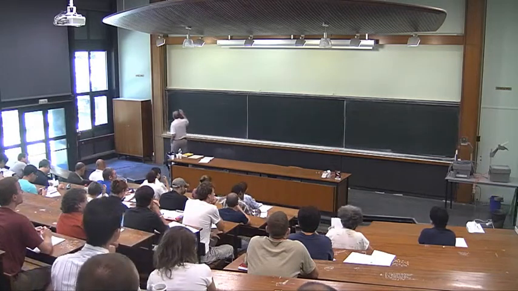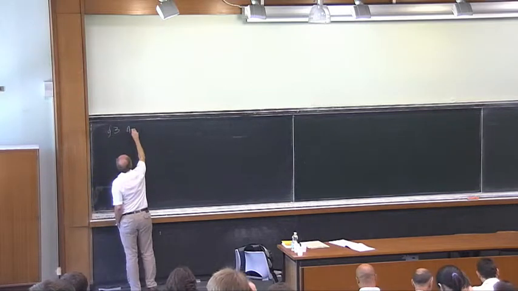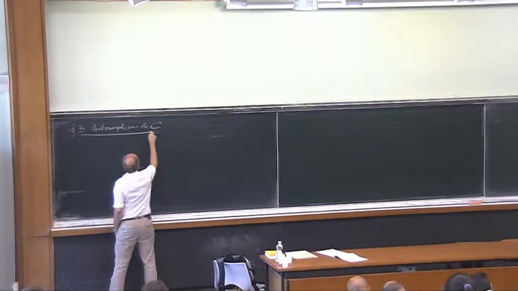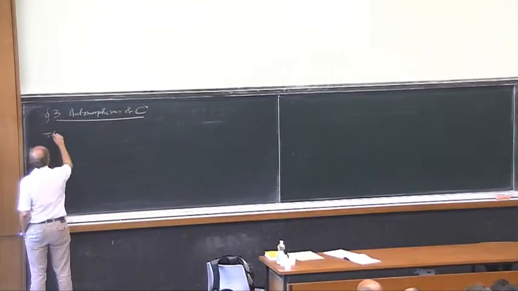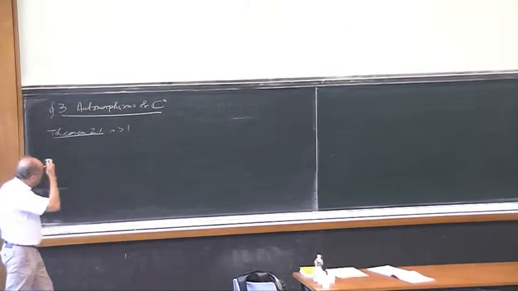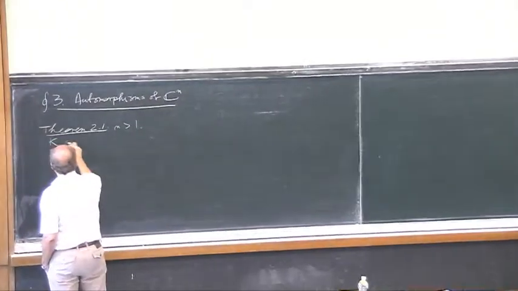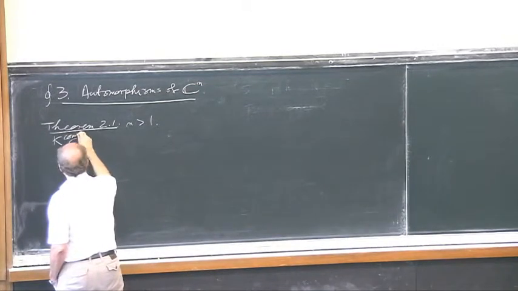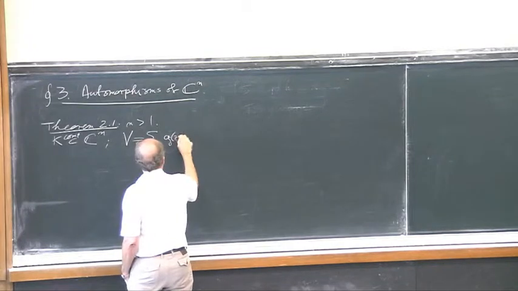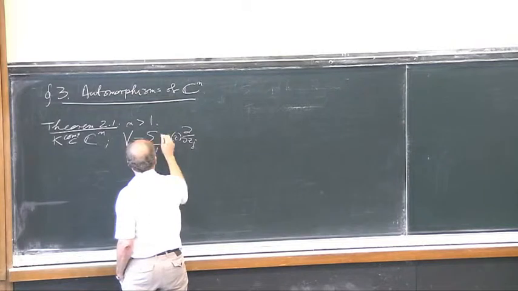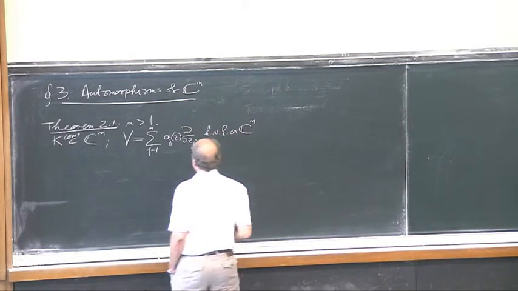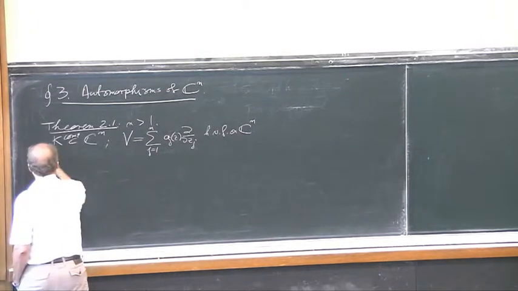So let me recall for you the theorem which I wish to prove. So let's say this is automorphisms of Cn. This was the theorem which I stated last time: n is always bigger than 1 in this theory, and you have a compact set K in Cn, and you have V, a holomorphic vector field, actually it's entire, so it's a holomorphic vector field on Cn, and we assume that the flow